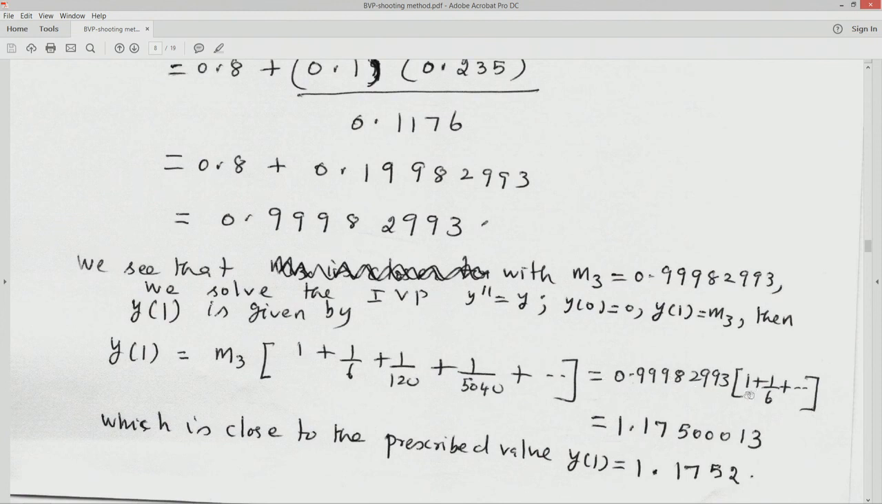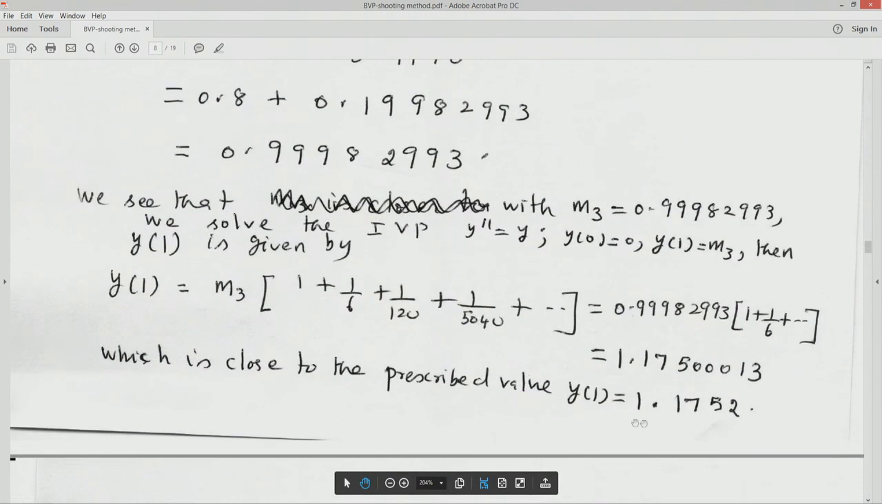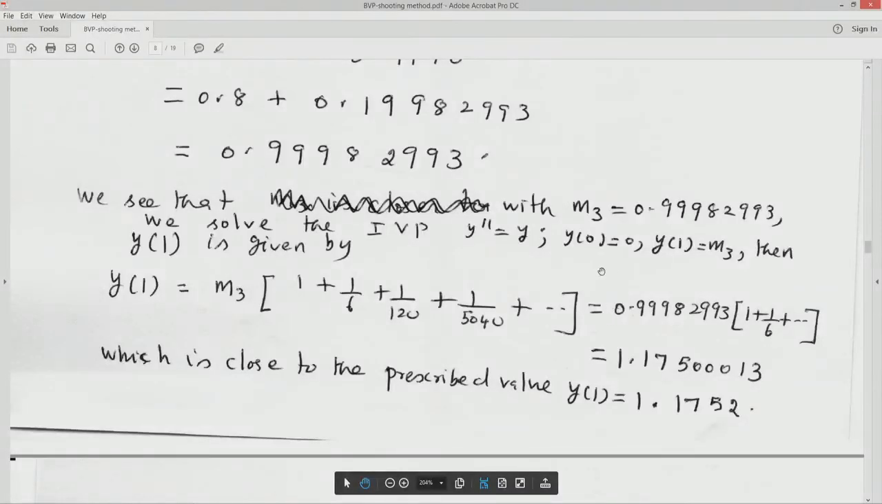So, we substitute for m3 and compute this, and that gives us 1.1750013, and we observe that this y of 1 which has been computed is close to the prescribed value, which is 1.1752. So, our initial guesses about m1 and m2 are correct, and this has led to a value of the slope, namely m3, which gives us a solution y at 1 to be very close to the prescribed value, which is